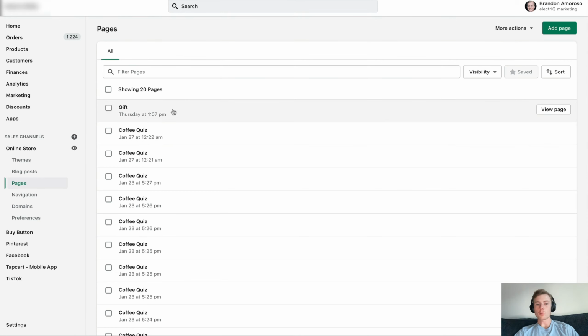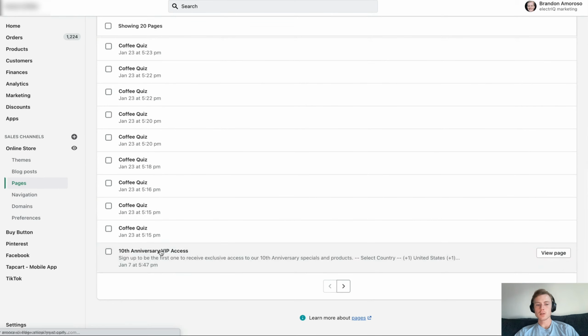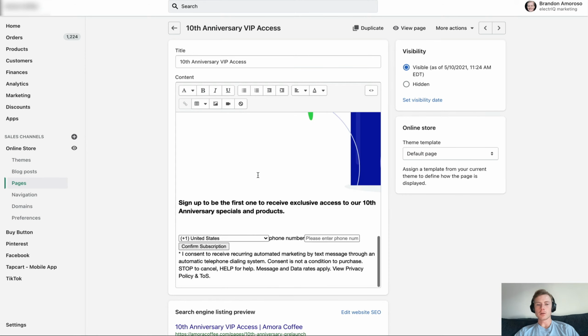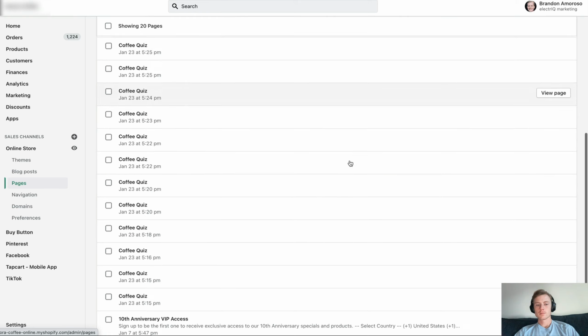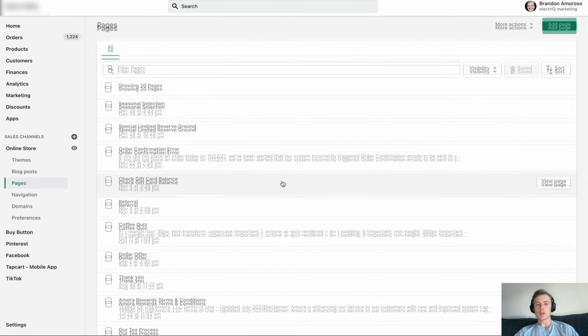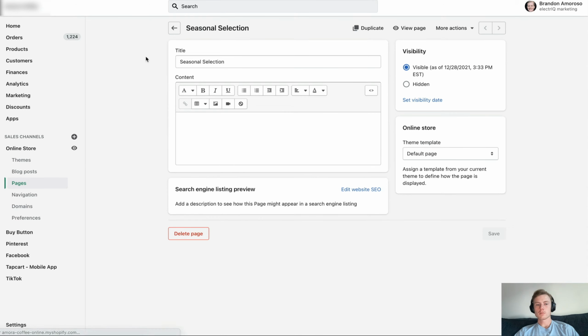Next, we'll go into pages. More of the same here. So any page that you have, you can go ahead and add code or copy to it. And then you just go ahead and publish it out, and it'll show up on the site. So there's not a whole lot here other than for both products, pages, blog posts, and collections, you're always going